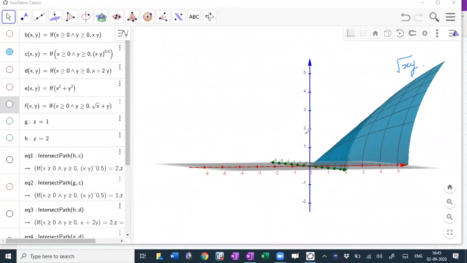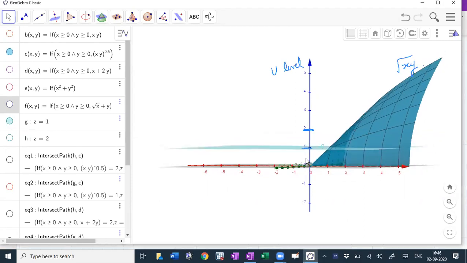Remember that the height of the function is giving me the utility level. So I want, for example, all points that give me utility equal to 1 on this surface. Then I want all points that give me utility 2 on the surface, and so on and so forth. To obtain that, what I can do is cut or intersect this surface with a plane at this height.